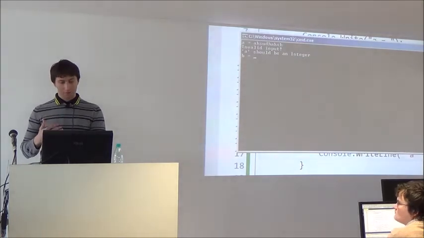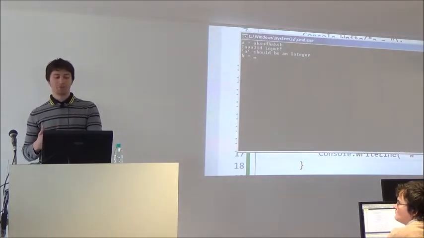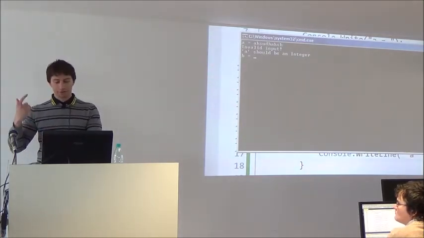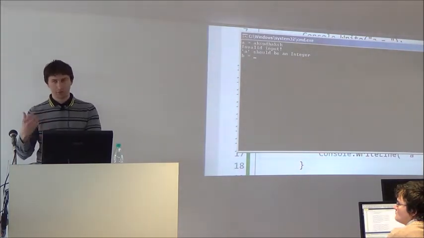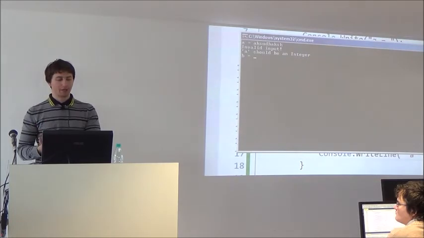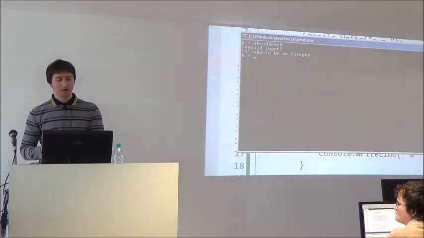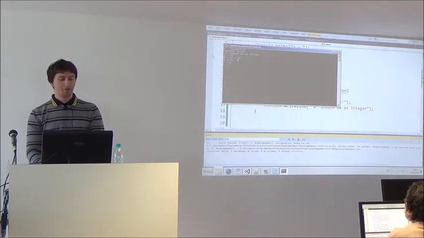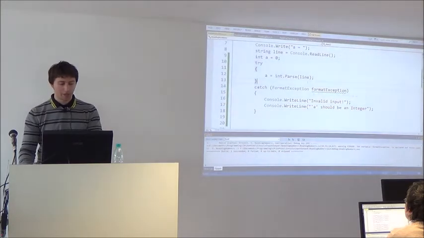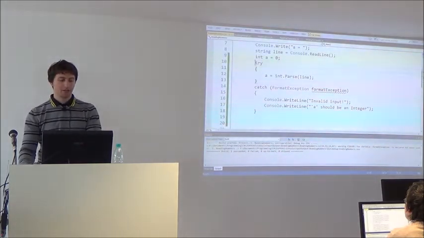Also, this should stop the execution of the program possibly, or return the user to input A again. What is shown now is not correct because the execution continues, and now I can input B, and then a is 0, etc. But this is not what I want. I want the user to input A. So I can do this in a